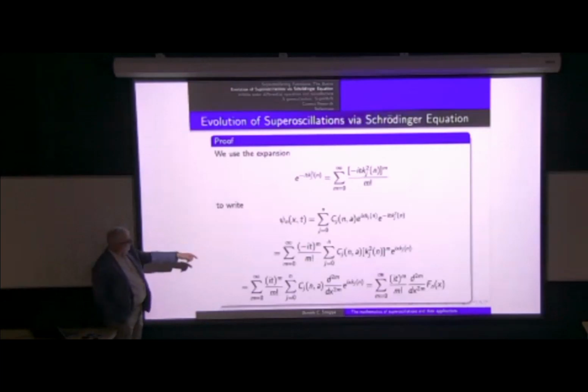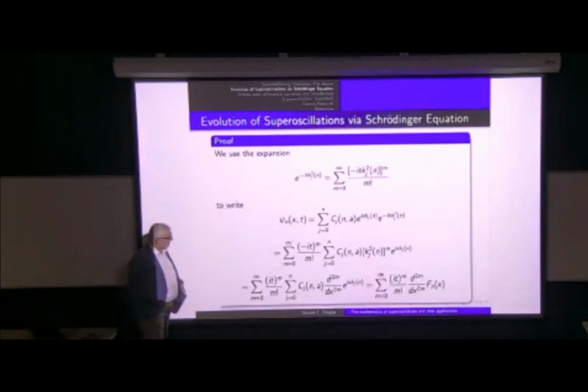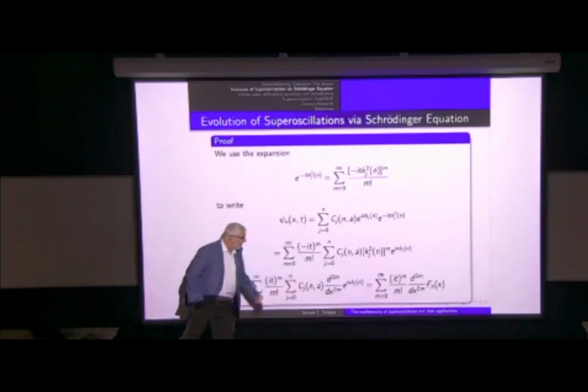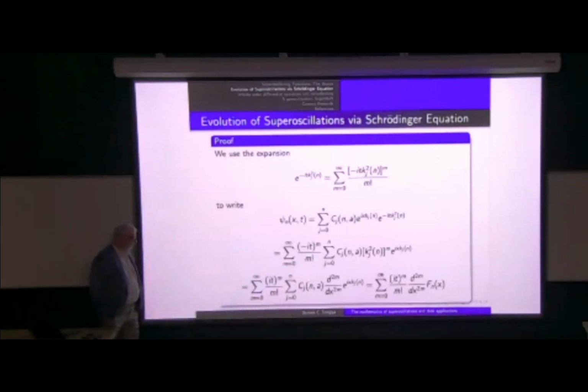This minus it power m over n factorial that I can take out. And then I have kj to the 2m, and then e to the i kj n. But now I know that this kj to the 2m is nothing but the 2m-th derivative of e to the i k xj, up to a sign that cancels with this sign, so I get an empty here. And so now I have that my function can be written as the action of this infinite order differential operator